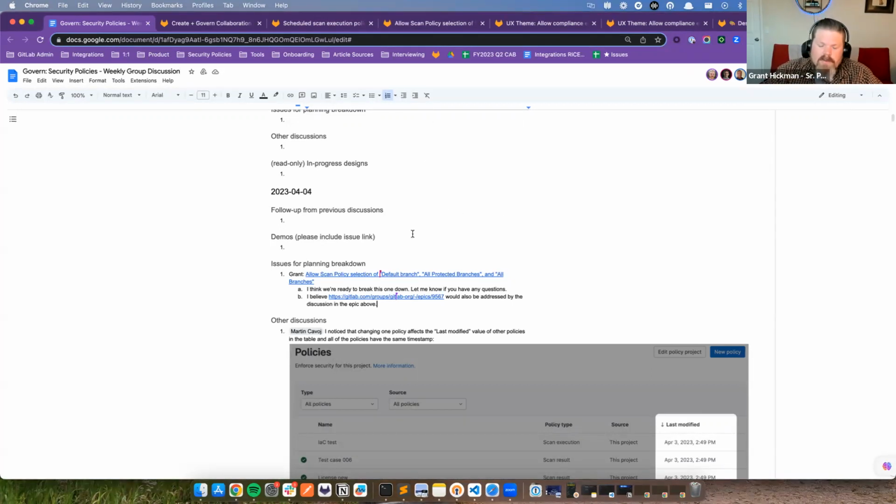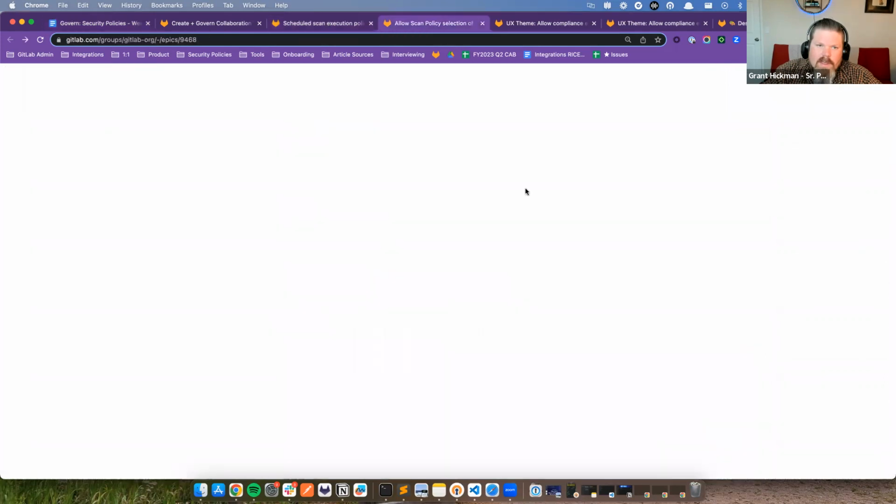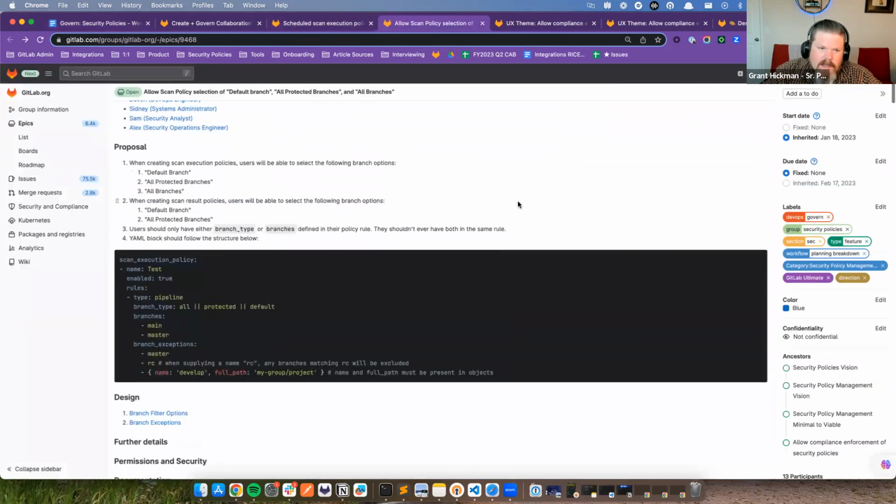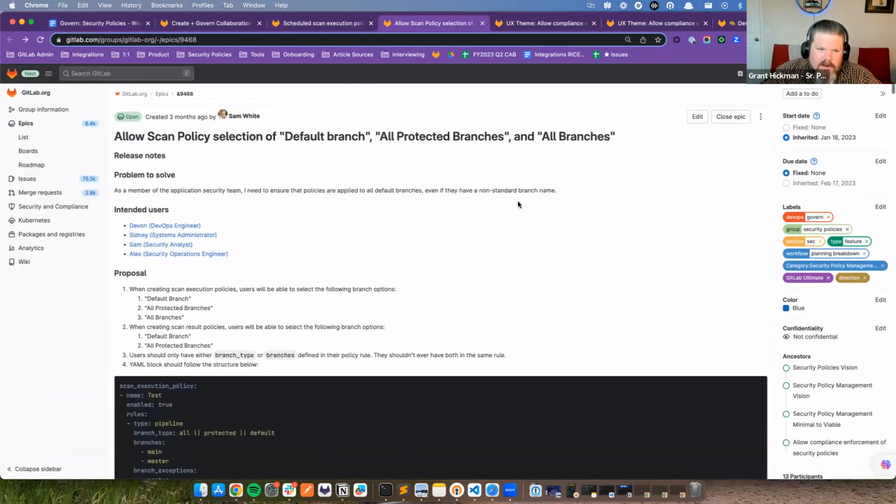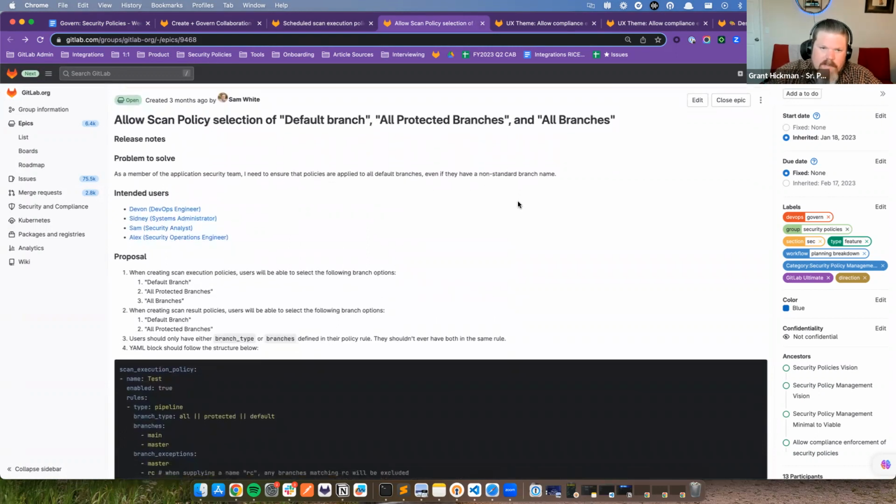All right. So yeah, I wanted to talk through this epic: allow scan policy selection of default branch, all protected branches, and all branches. And then there's the related epic speaking to branch exceptions. That would be kind of a prerequisite or requirement to be able to enable this feature. And let me find that epic. And yeah, Dominic, I know you've already been through this, so I think you're pretty familiar, but just to share